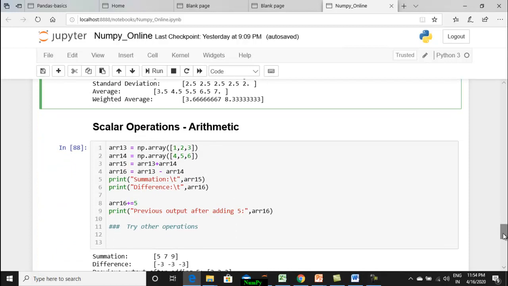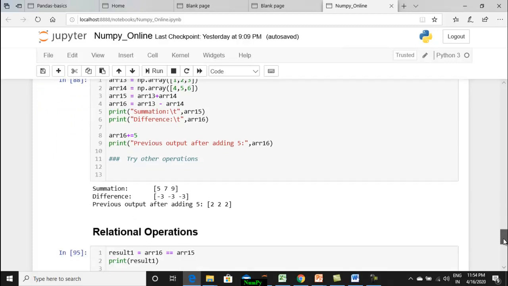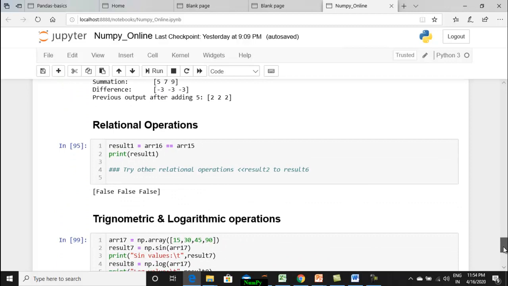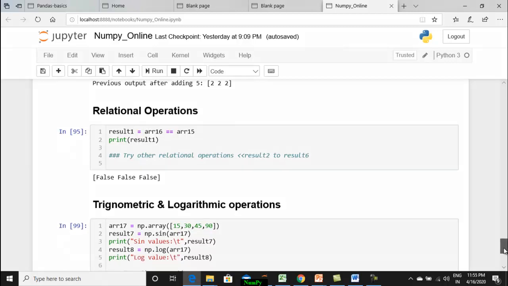So all scalar operations are possible. You can add up arrays, find the difference, product, and all the arithmetic operations. So you can find the quotient, remainder, and you can even apply the power operator. Okay, and the relational operations are also possible. You can check whether both the arrays are equal, not equal, less than or equal to, greater than or equal to, in a simple way.